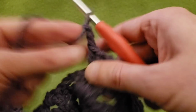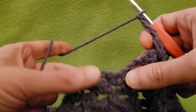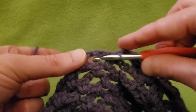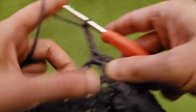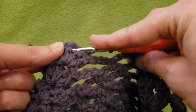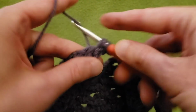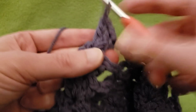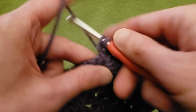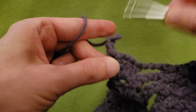Chain 3. Okay, going into that one loop of the previous pineapple with a single, chain 3, cluster in the cluster, 2 doubles, chain 1, 2 doubles, chain 3,